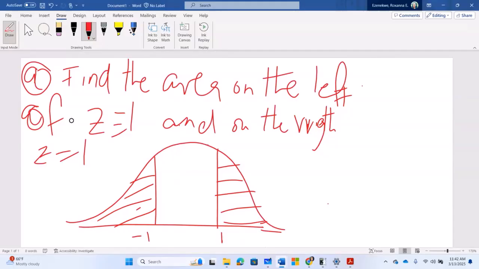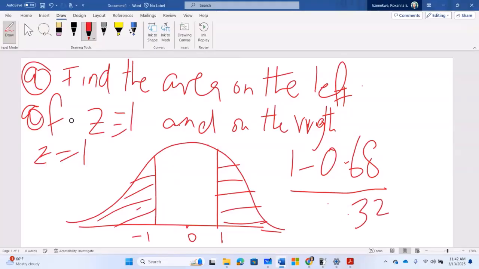And these two areas will be equal. But we know that area under the normal curve is 1. So all we have to do is 1 minus 68% according to the empirical rule. When we subtract, we have approximately 0.32,